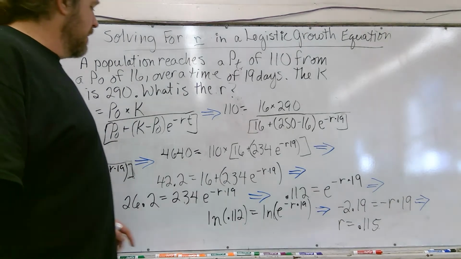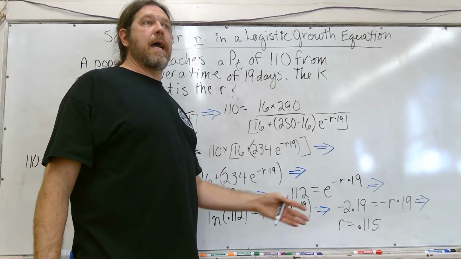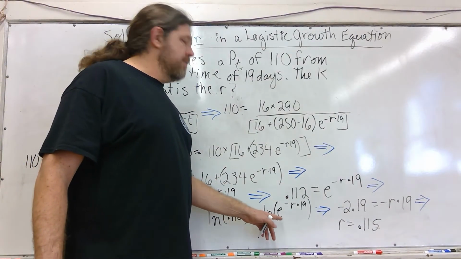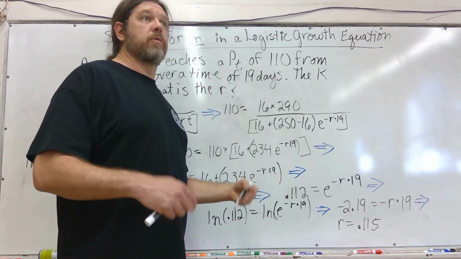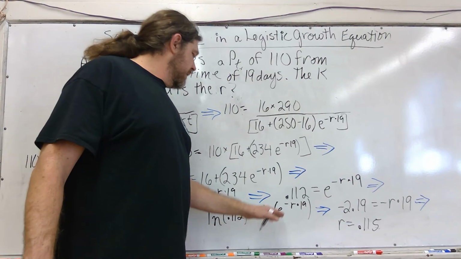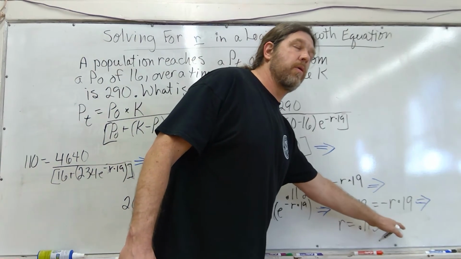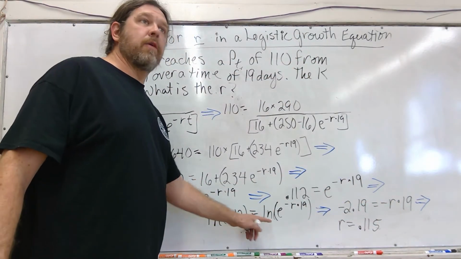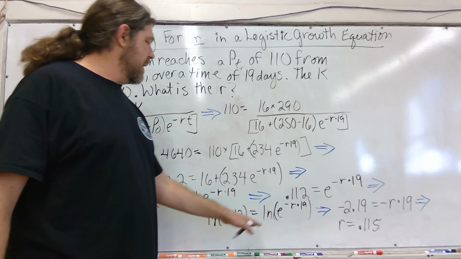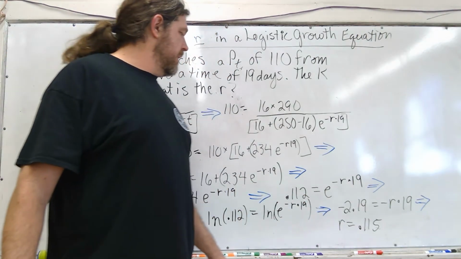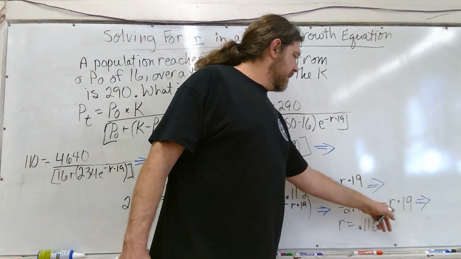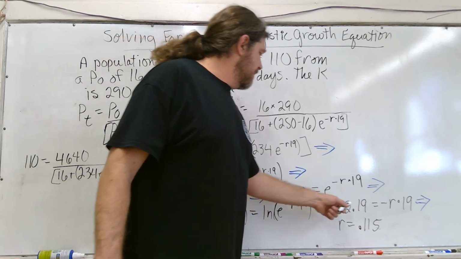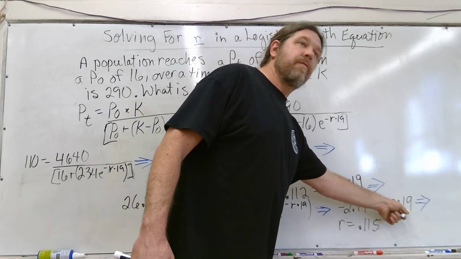At this point, we bring in the natural log, which performs two tasks to solve our problem finally. The first task is that it is the inverse of Euler's number, so it cancels out Euler's number into 1. The second thing that it does is that it brings down the exponent and on the same level with our standard numbers. Now what we do to one side, we must do to the other, so we take the natural log of this side, and we have negative 0.219, and on the other side we have negative R times 19. The negatives, of course, can cancel, so everything becomes positive, and then finally we take 2.19 divided by 19,